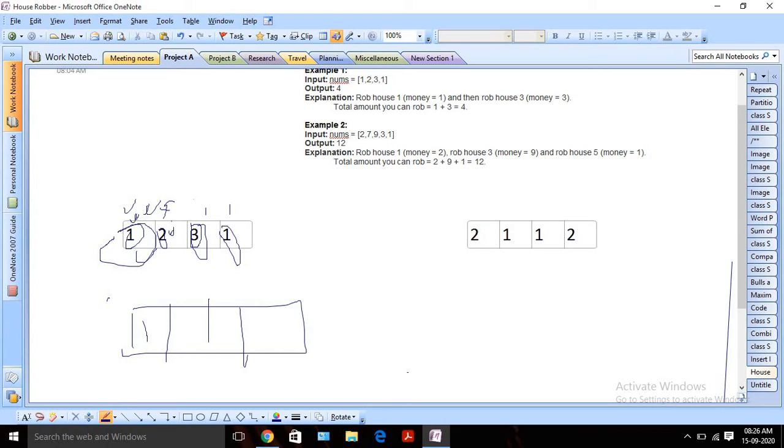For the second day I have two options. I can rob for that particular day, then I can't consider the previous day. The second option is that I skip, and continue with whatever I had earlier. Whatever is the maximum profit, we are going to take that. So we will take the max of 1 and 2. Here I can see max of 1 and 2 is 2 only, so I am going to insert 2 here.